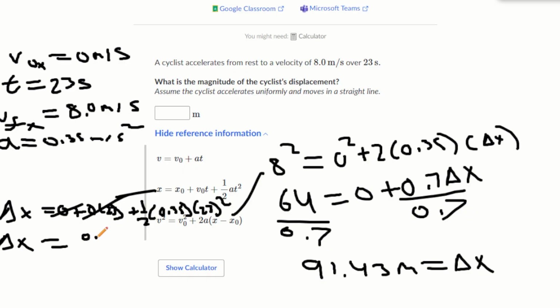So 0.35 times 529 all over 2 would give us delta x is equal to